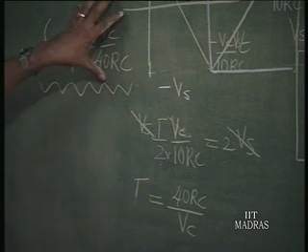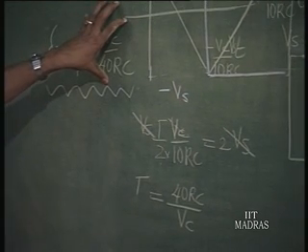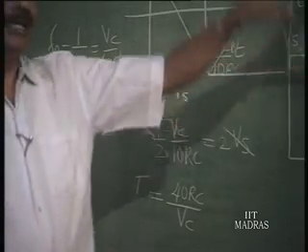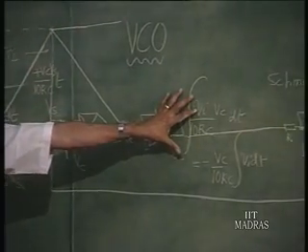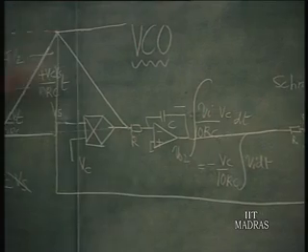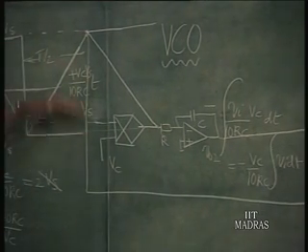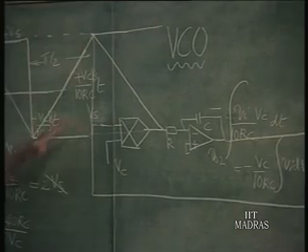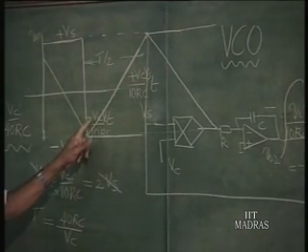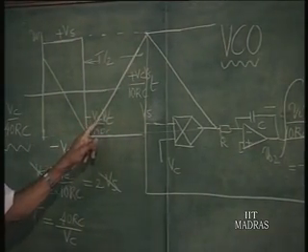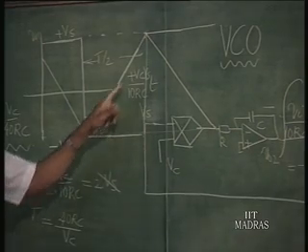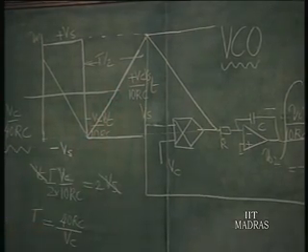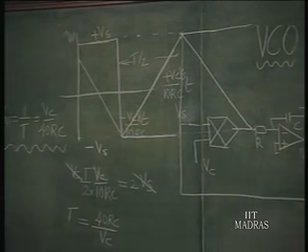This particular thing is a nice voltage controlled oscillator, linear, but it uses only one multiplier. It does not require any amplitude stabilization scheme because the amplitude already gets neatly stabilized at plus Vs and minus Vs, and the rate of rise and rate of fall become equal to minus VcVs by 10RC and plus VcVs by 10RC, respectively. And therefore, this is a very popular circuit